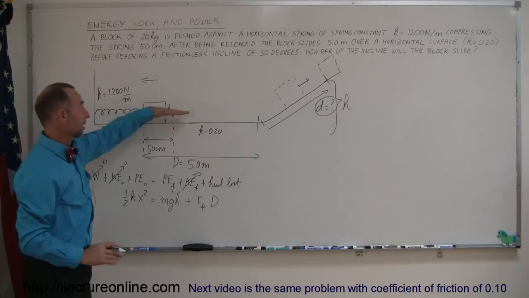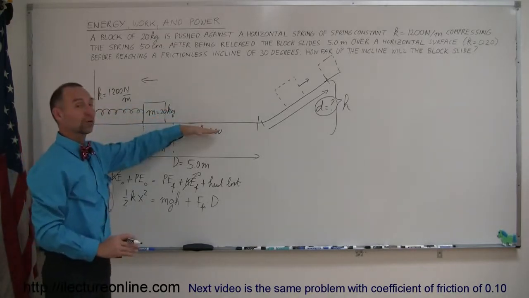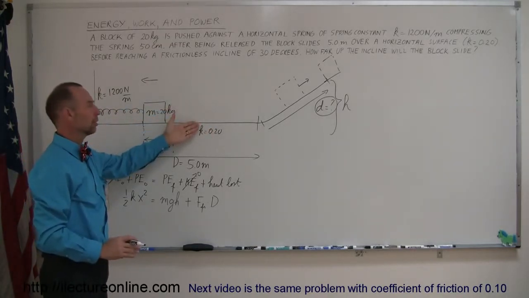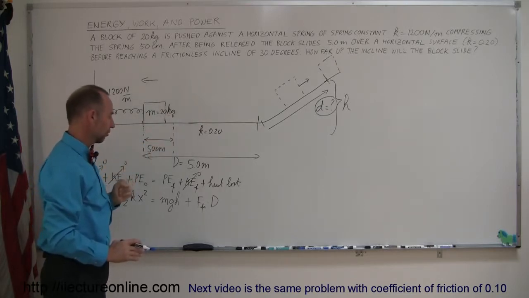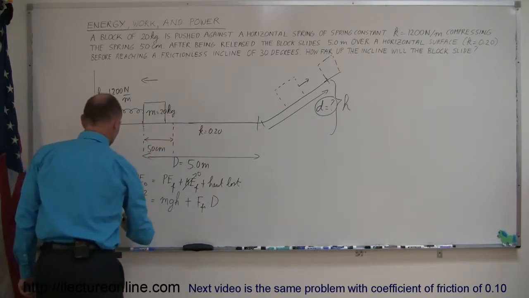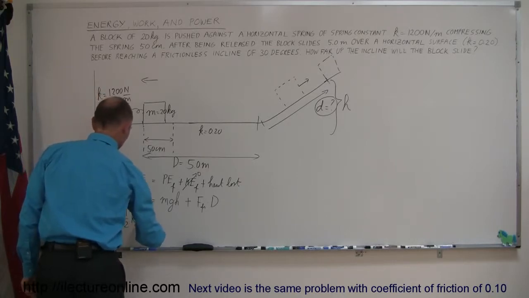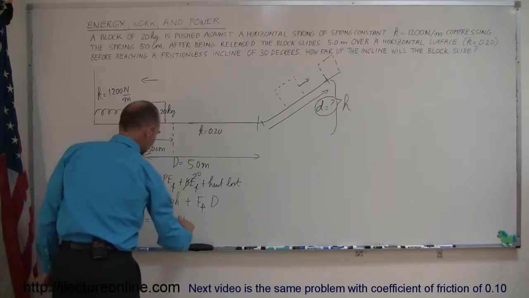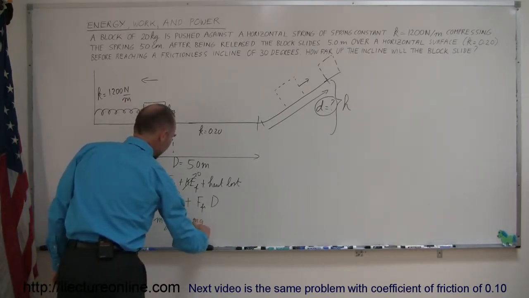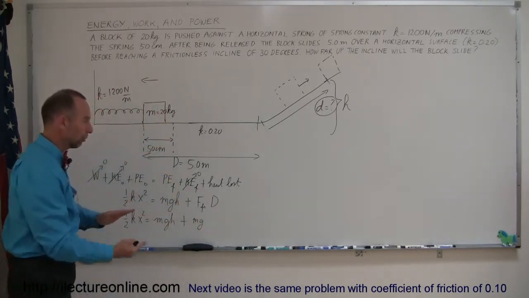Now, since the block is sliding over a horizontal surface where there's friction, the friction force is simply the normal force, which is equal to the weight of the block, times the coefficient of friction. So in this case, we can say that we have 1/2 kx squared. That's equal to mgh, the final potential energy, plus the weight of the block, which is the normal force of the